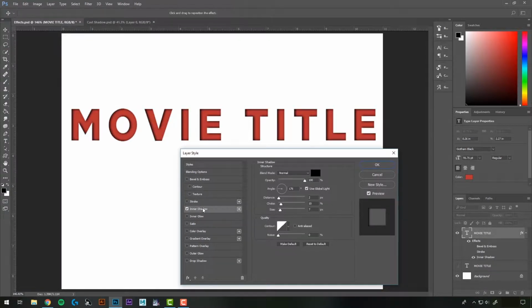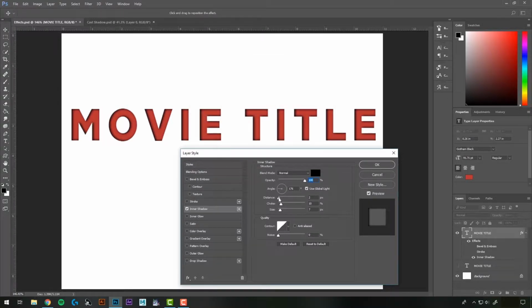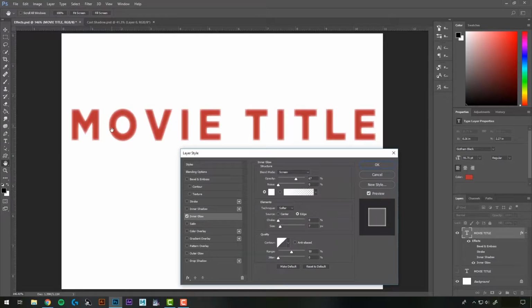We have an inner shadow, which is creating a shadow inside the text, as opposed to the drop shadow, which creates it outside the text. And we have our options in here for changing the opacity of it. You can change the blend mode. You can change the color of your shadow here. We can change the distance, the size, the choke, which kind of tightens up the shadow. I'll just turn that one off, and we have an inner glow,